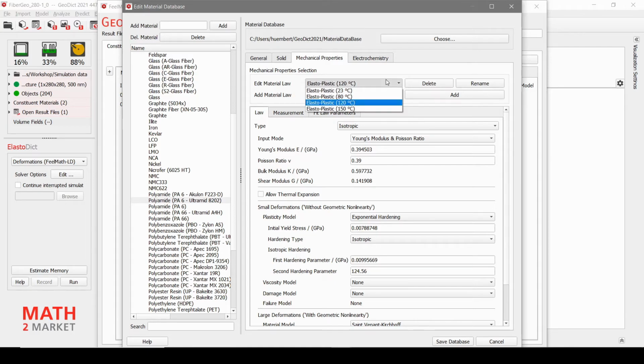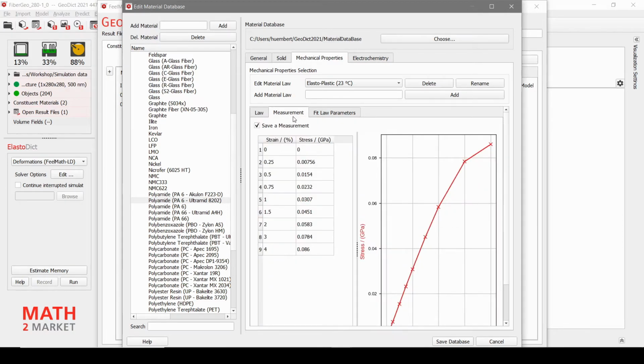So here you can see that we have the Young's modulus, Poisson ratio, and we also have a plasticity model, in this case exponential hardening. And we have an initial yield stress at which the plastic deformation sets in. And we have isotropic hardening and the 2 hardening parameters which describe the hardening curve.